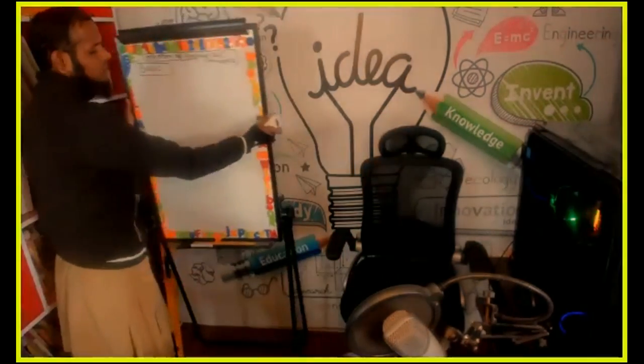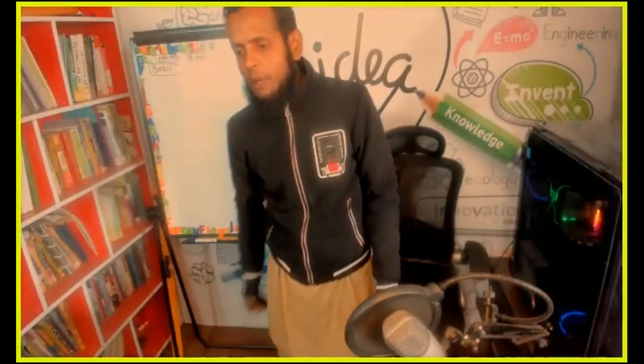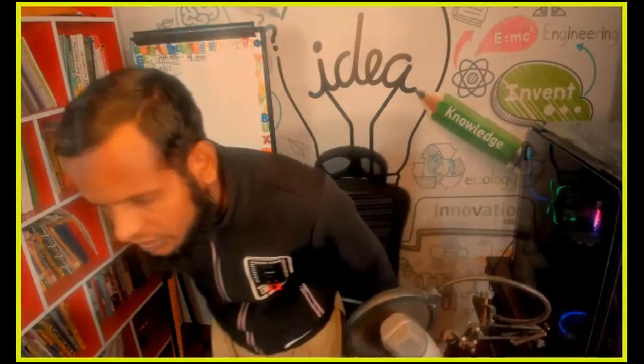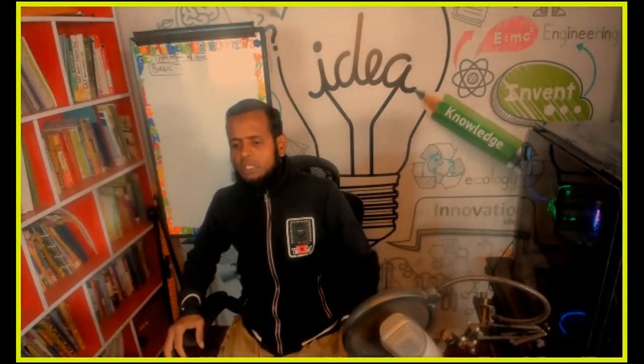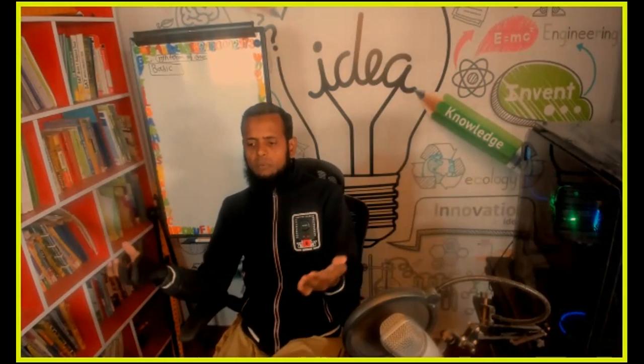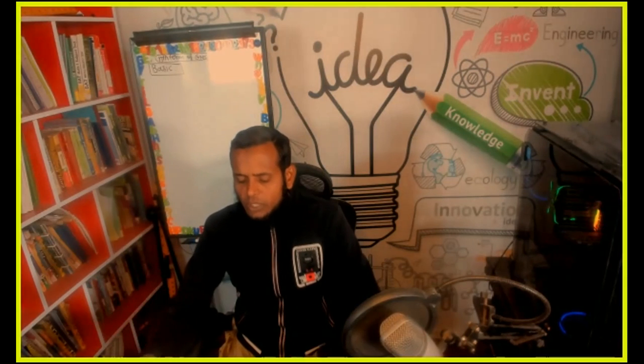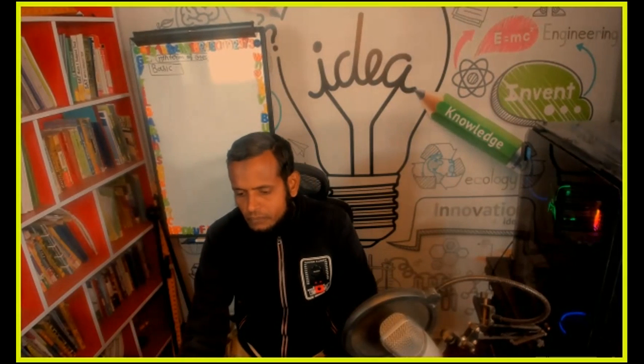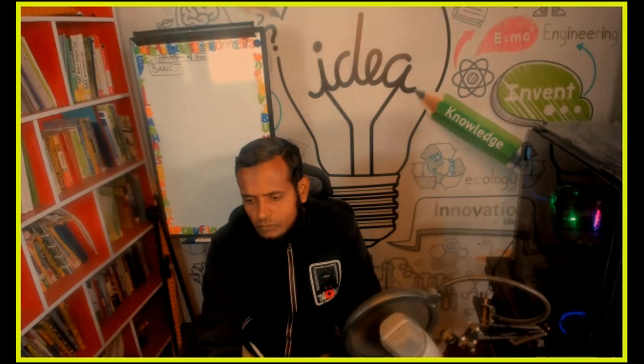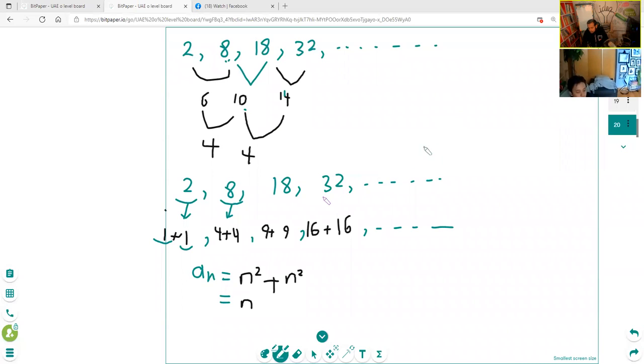In multiplication, we add the power of the variable, but in case of addition or subtraction, we see the coefficient. If both are positive, then we will add. If one is positive and the other is negative, then we will do subtraction. Okay? The answer will be 2n square. An is equal to 2n square. Now this is the general term of the quadratic sequence. Now clear?